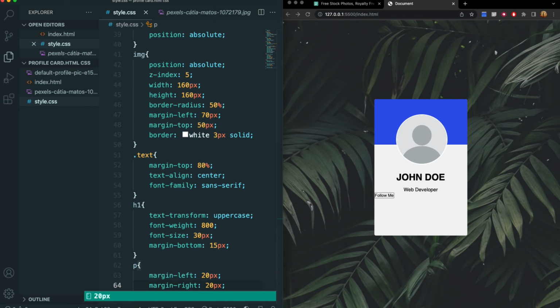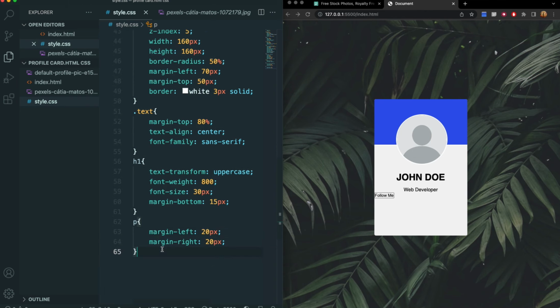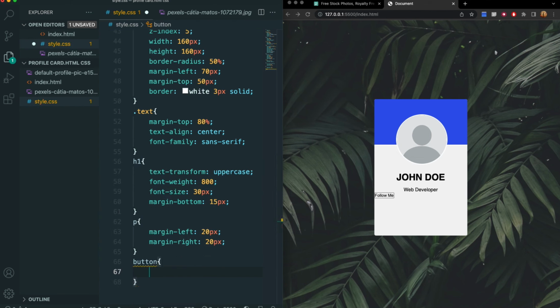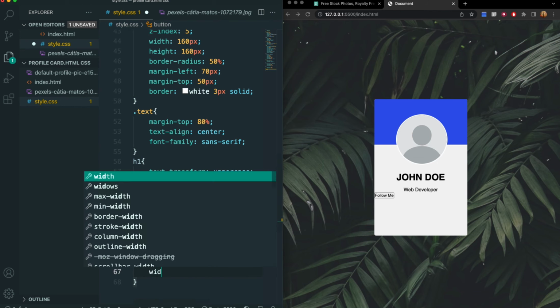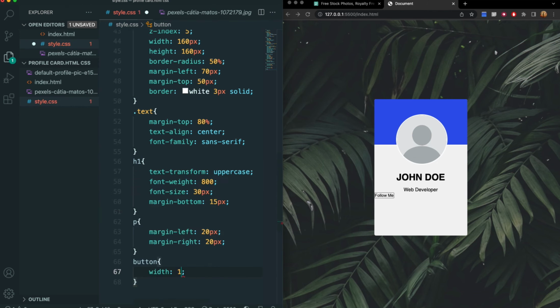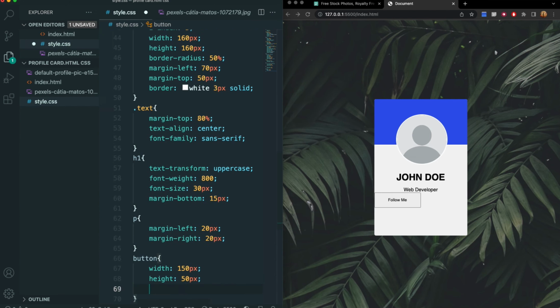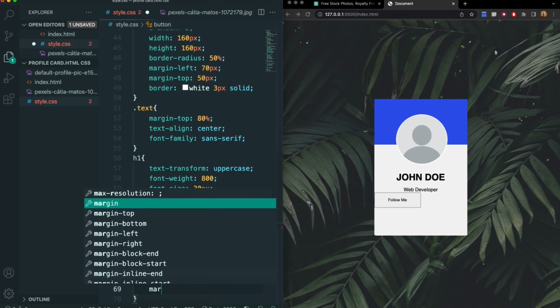Now for the button. So again, we're going to do button, and inside of that we're going to again start with doing our width and height. So do width of 150 pixels. Set our height to 50 pixels. Now again with the margins, we'll do margin top.